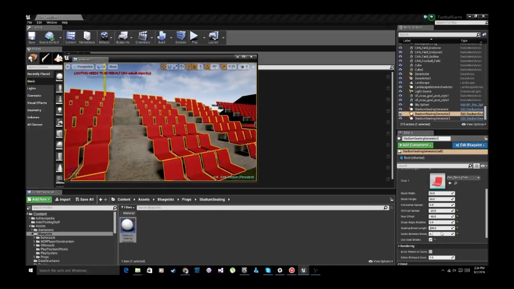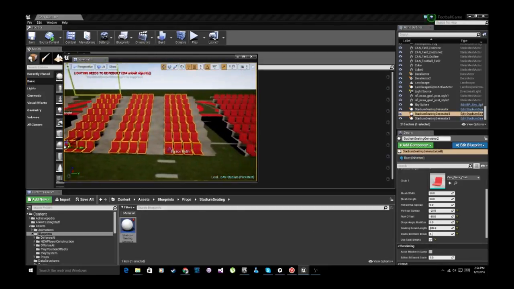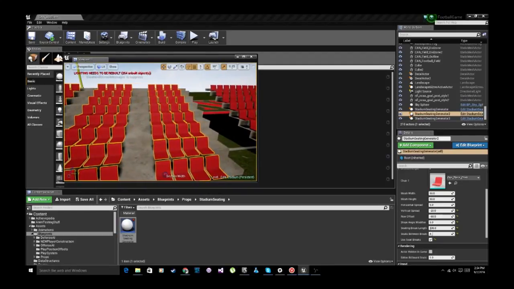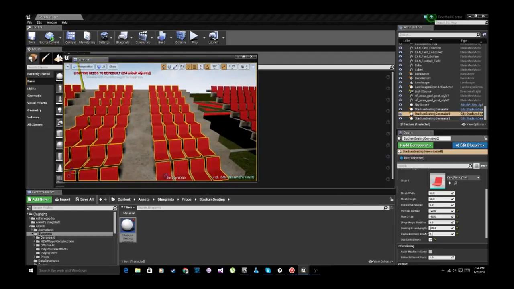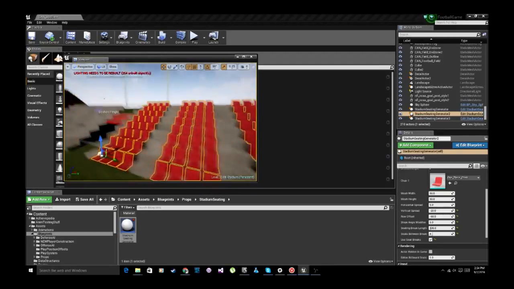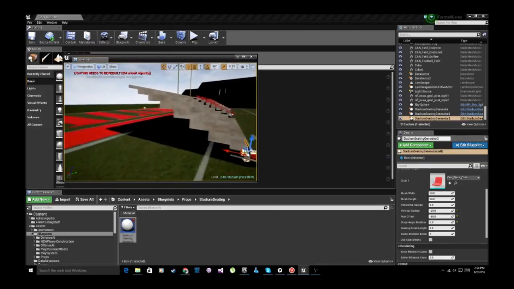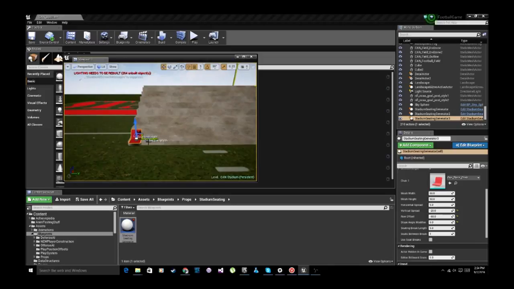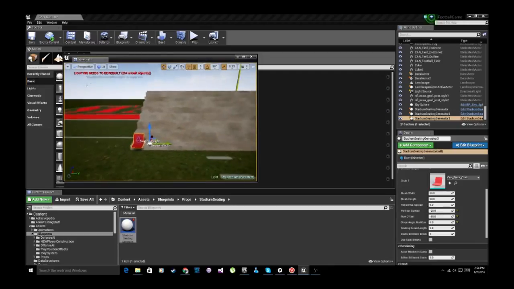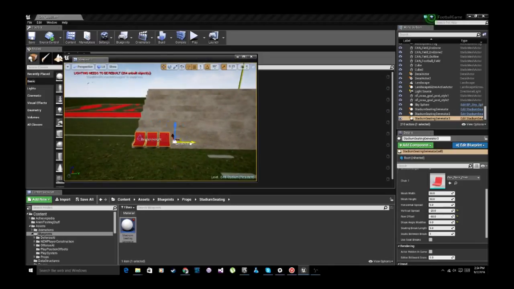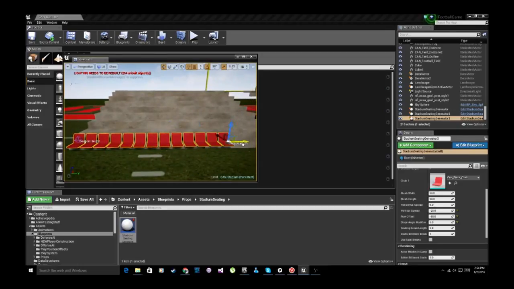Then we have a selector here to use seat breaks, so you can actually add aisles in between them. And then you can set how many seats between each break, and then the length of the break. I've got the slope and everything set up on this one, so I can show you how this works. Whatever kind of seating you've got, you just drag how wide you want your seats to be,